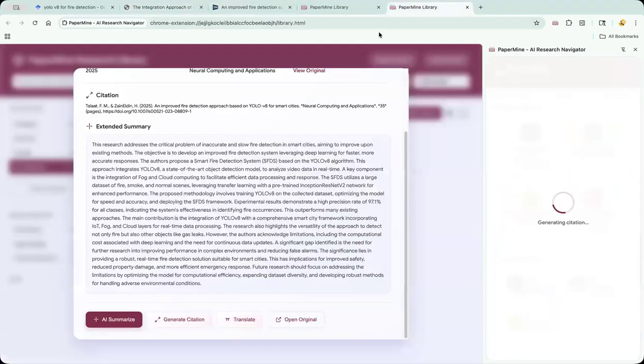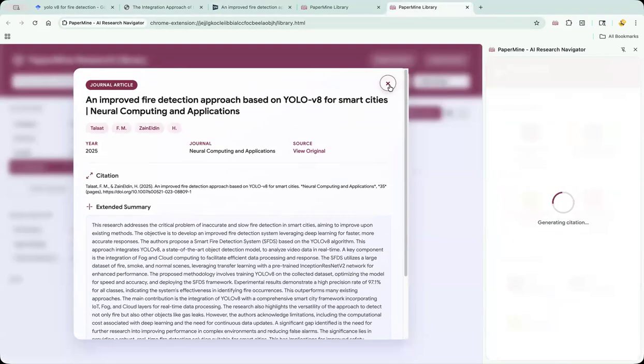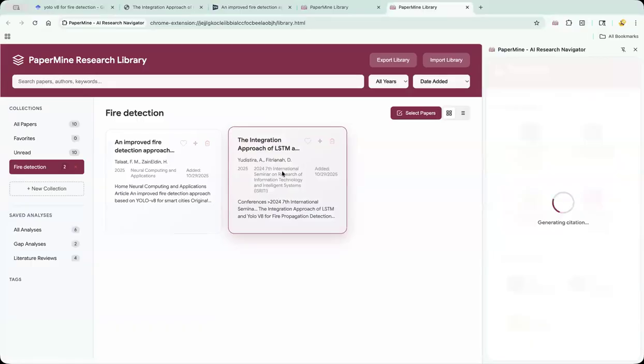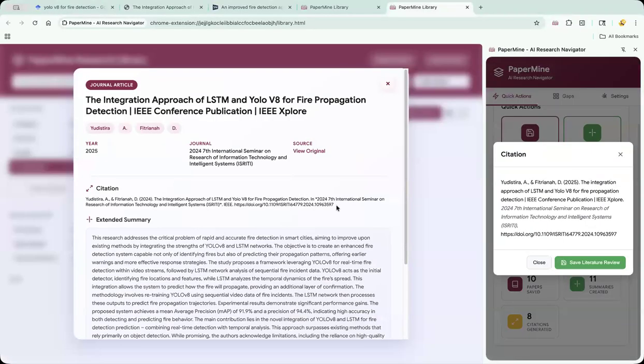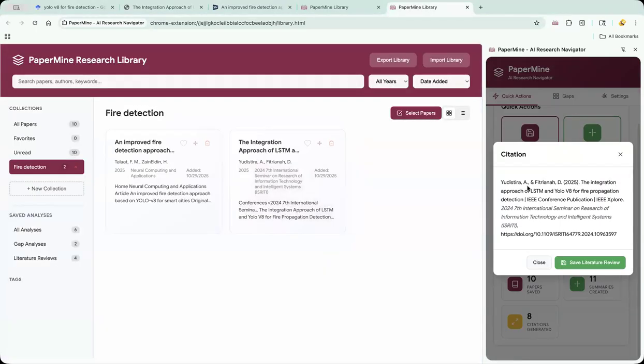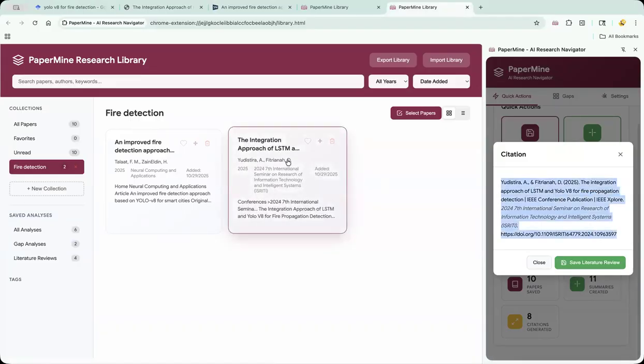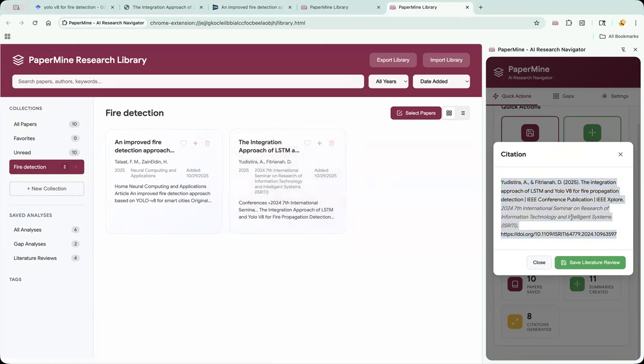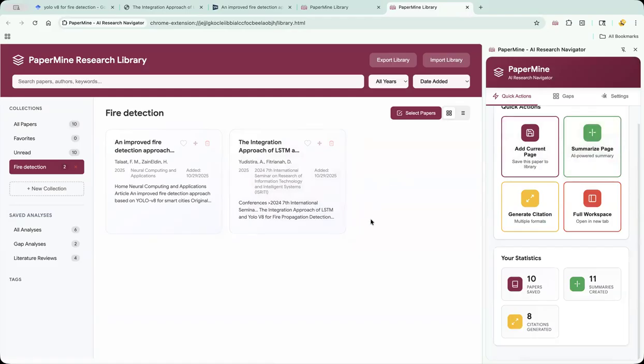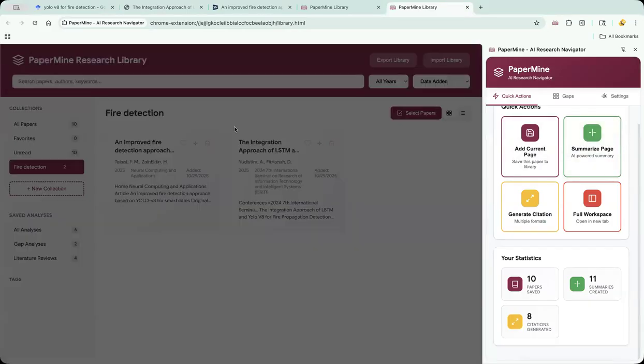While I wait for the citation to be generated, I just want to come back to the library and also show that the citations get generated as you add the paper to your library as well. So yes, this is the quick citation that gets generated for the paper, and you can see it matches that when I click to add the full paper to my library or workspace. It does take a bit of time if I'm adding that full paper for a new collection for my Gemini LLM